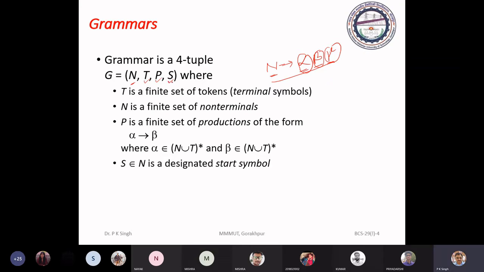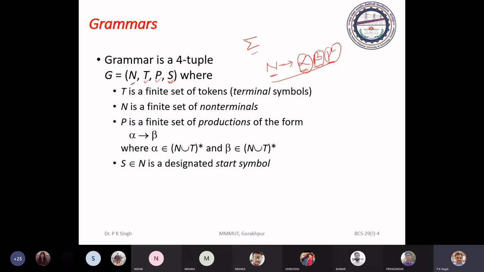The 4th component is S. In some cases you will get this as sigma. But it is the start symbol.